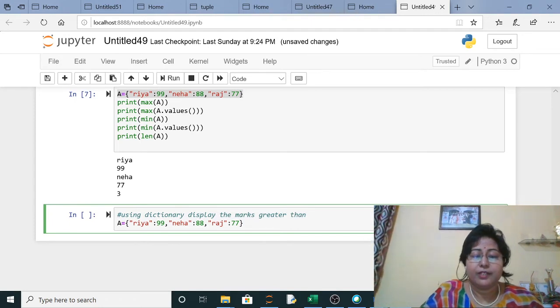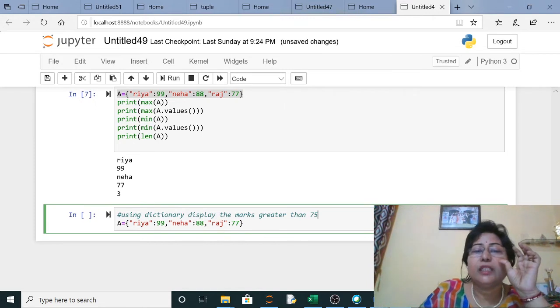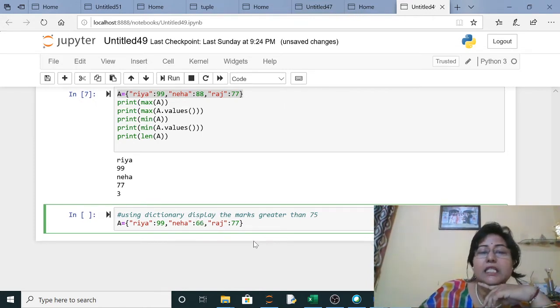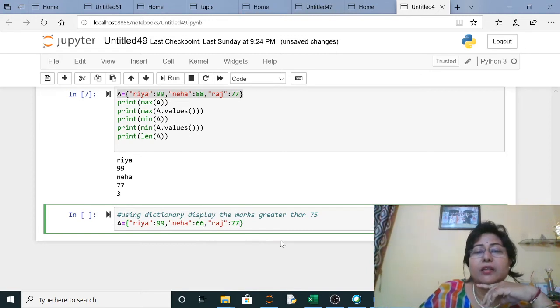So now we will display the values which are greater than 75. Maybe some values are less than. So here we have written two values which are greater than 75.